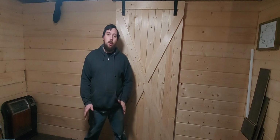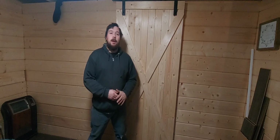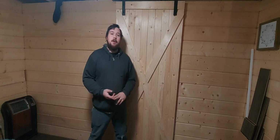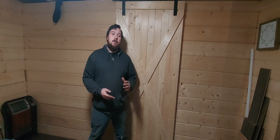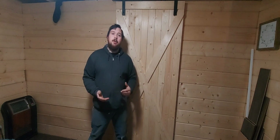I know it's been a minute, but we've been super swamped with a whole lot of projects going on, a whole lot of things. Even just today, I'm waiting on somebody to show up to be a potential buyer for our camper, and then later this afternoon, we are going to go look at some Dexter cattle because if you've been following along with us, you know that maybe